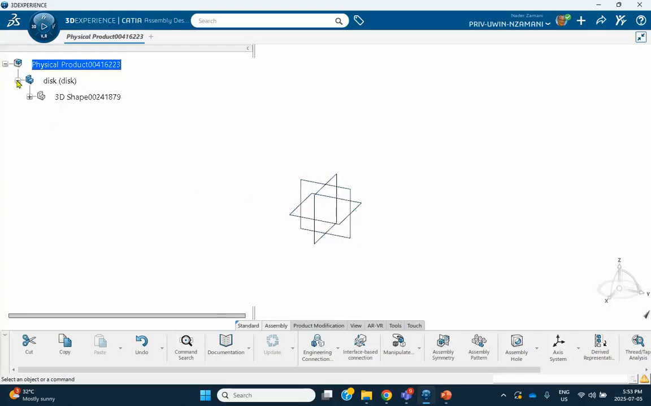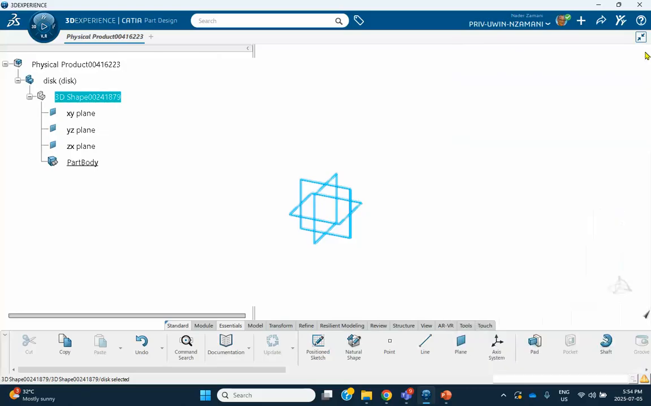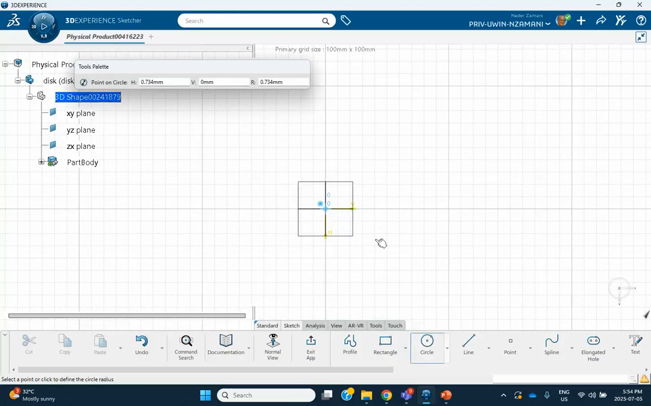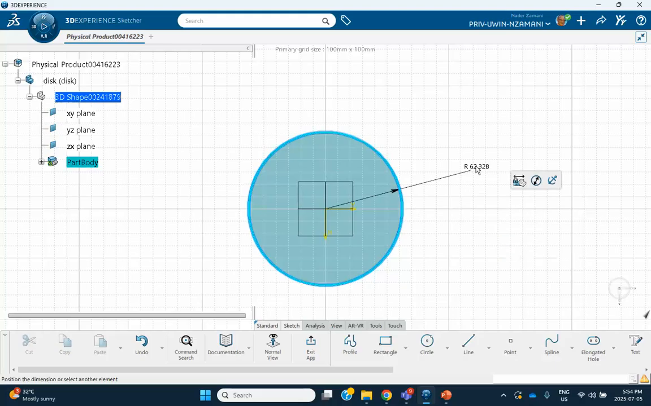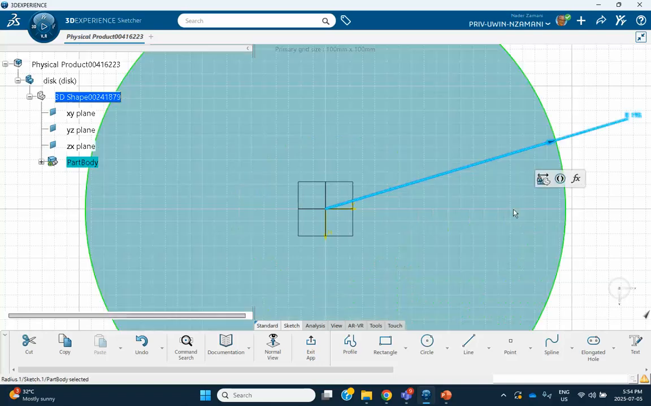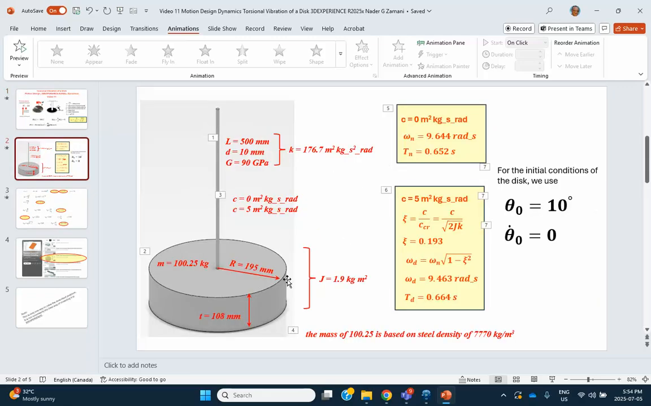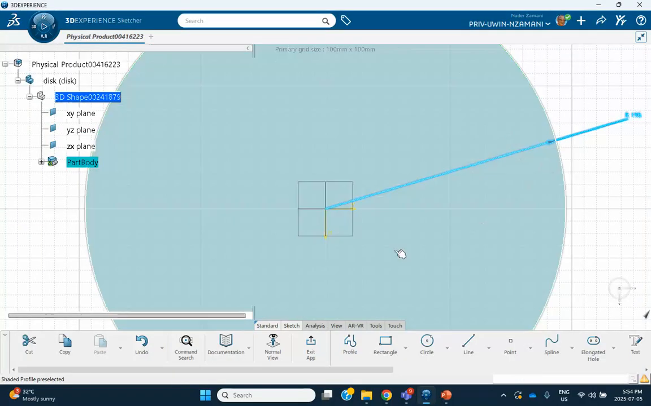All it is is a cylinder, basically. So on that plane, I sketch. Let me draw the section of the disk. So this radius is going to be 195 millimeter, if I'm not mistaken. Let's check it out. Let's see, 195 millimeter, and the height of it is 54 times 2, which is 108. So let me go here, exit,